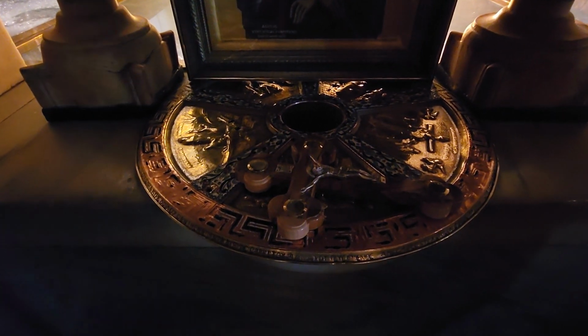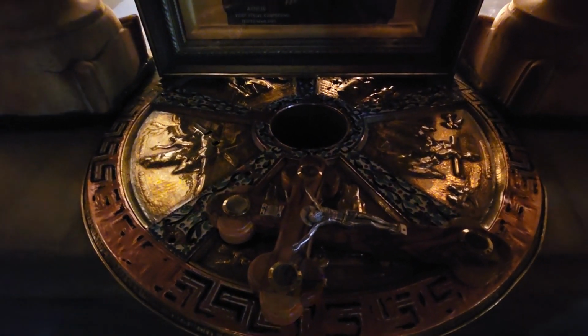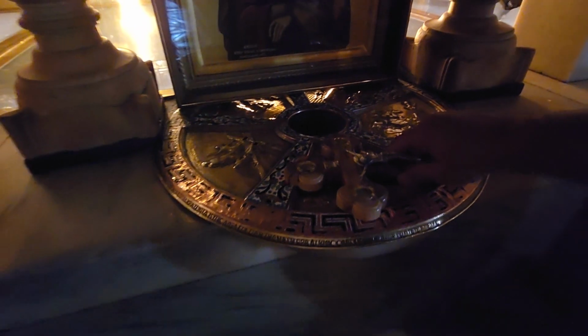No, cannot use the flashlight. Then this is the crucifixion place itself. And let me put my hand into it to touch the bedrock. This is the only possibility. And now I'm actually holding the cross